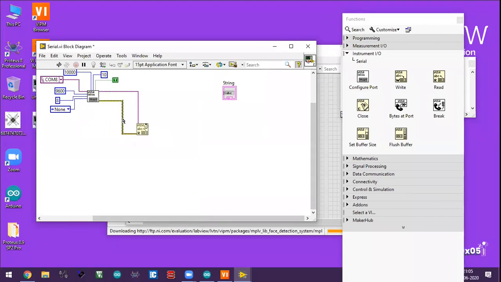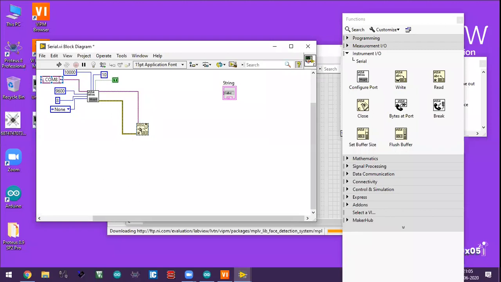So which port do you have to read the values from? The VISA resource name out will continue to read the values for this block diagram. So for the configured port COM8, the data will come from COM port 8 and it will be read by this module with the resource name we have already configured.